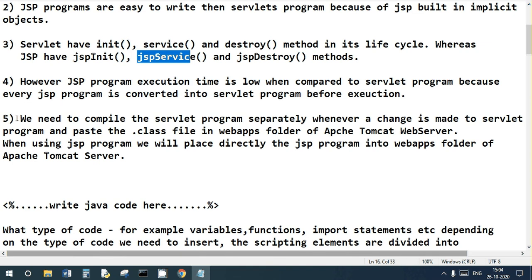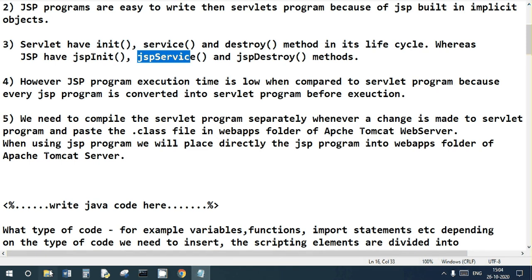Coming to JSP, there is no need of compilation. You directly place your JSP program inside the webapps folder. Also, JSP code is embedded into HTML using scriptlet tags.